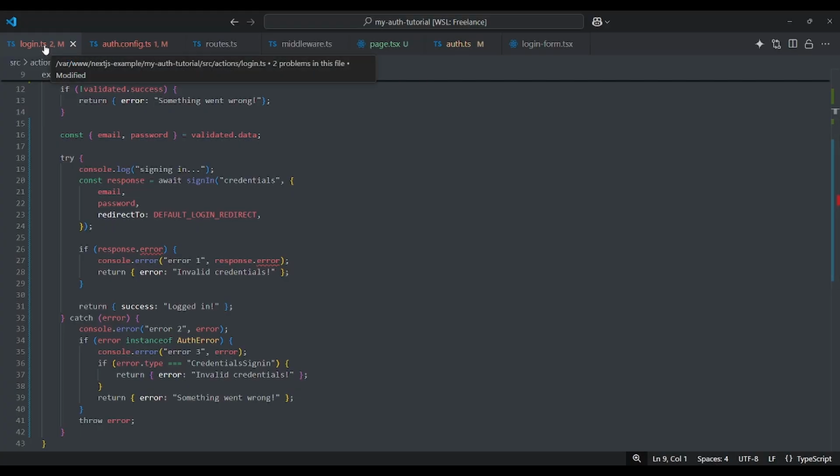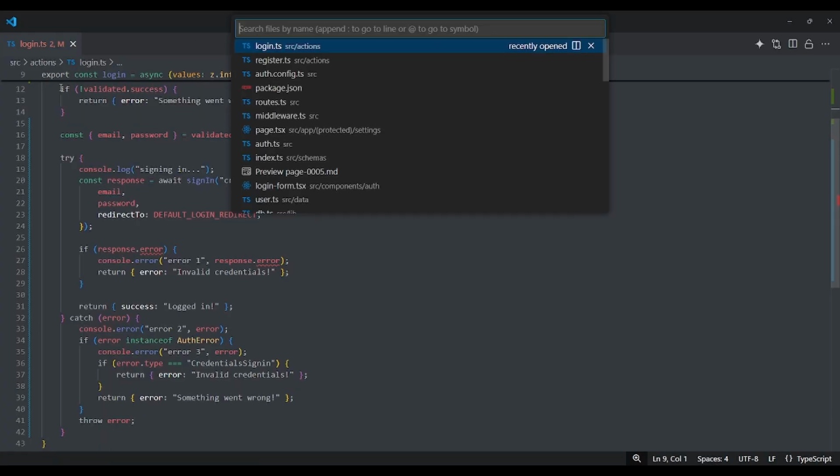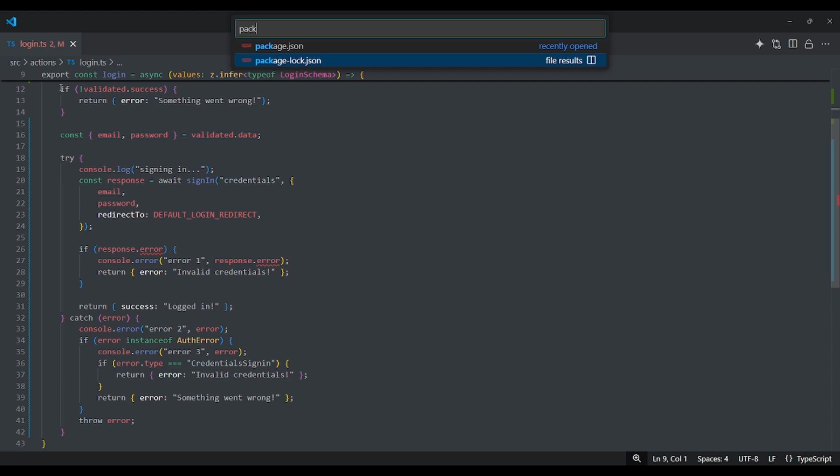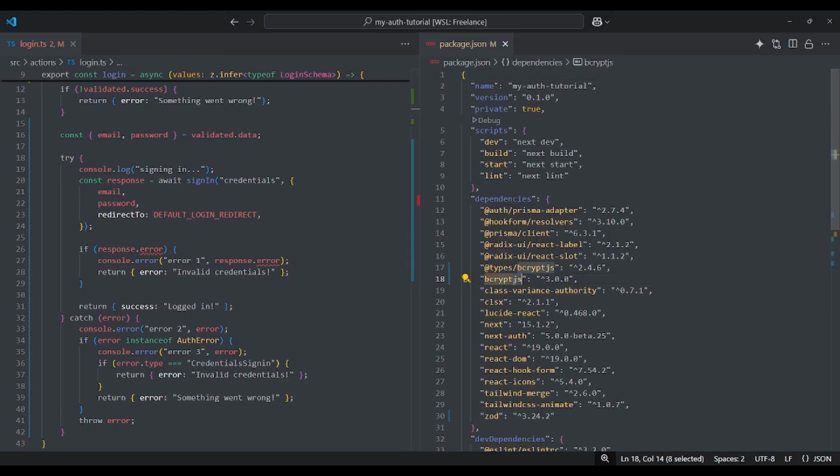So I investigated the issue and I found out that it's because of bcrypt. Previously I was using bcrypt, now I'm using bcryptjs and types bcryptjs. It seems that bcrypt has an issue when authenticating the credentials.